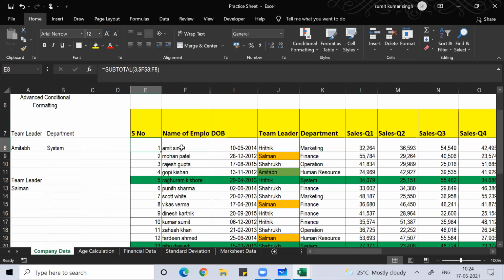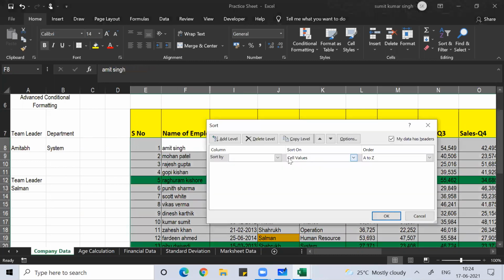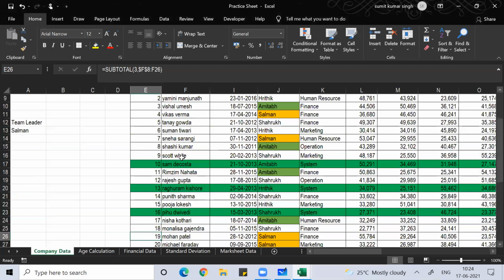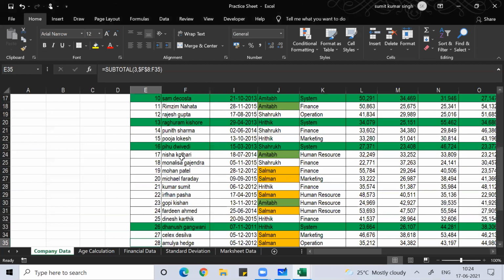That way, if you do numbering, it will help you that tomorrow, whenever you use filtering, it will not impact the numbering. So you can understand this. If I use sort Alt DS, and here if I say sort by name from A to Z, or you can say from Z to A. Okay, so you can see I have sorted the name from Z to A, but you can see this numbering still does not get impacted.